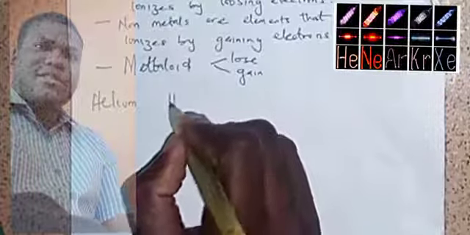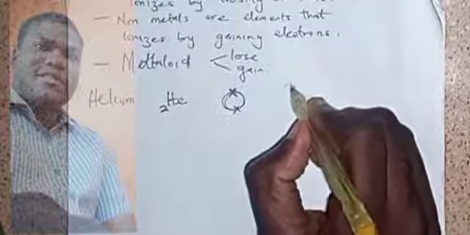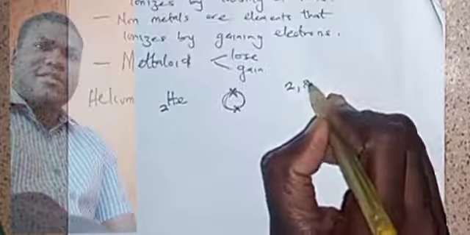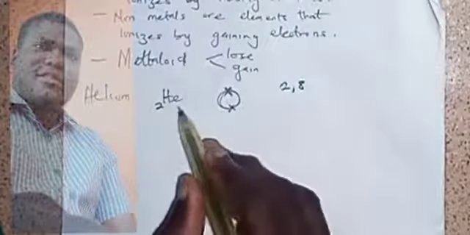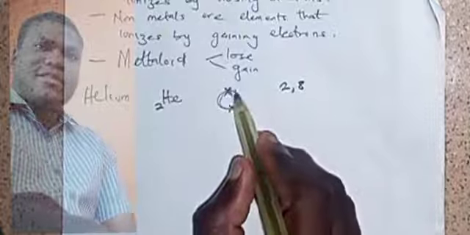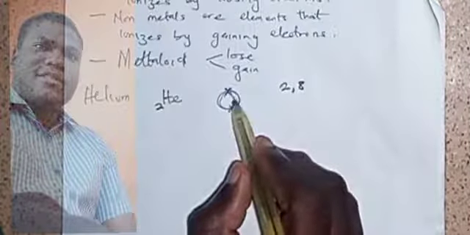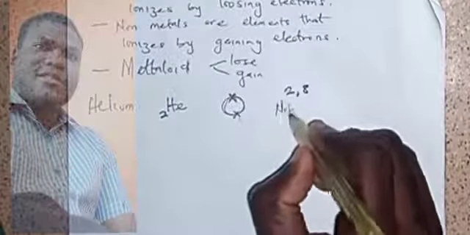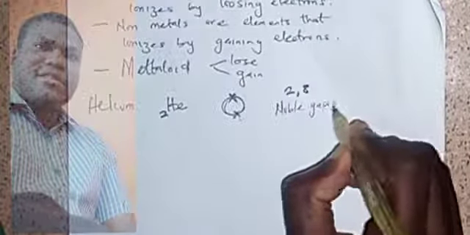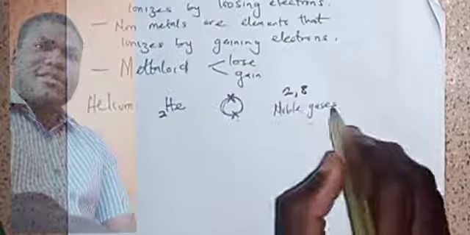Helium is the first noble gas, and helium is He, and that's number 2. Looking at the configuration, helium has a completely filled structure, because the first stable state is 2, followed by 8. So if helium has 2, it means that it has a duplet structure, so it cannot lose or gain electrons at this state. So they are noble gases. In fact, see the word noble. When they call someone noble, it means maybe a king. So all elements want to be noble.